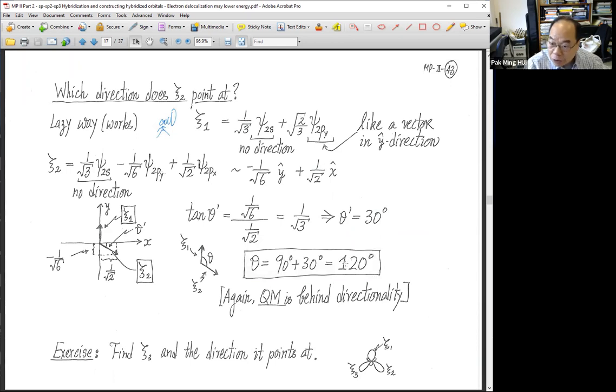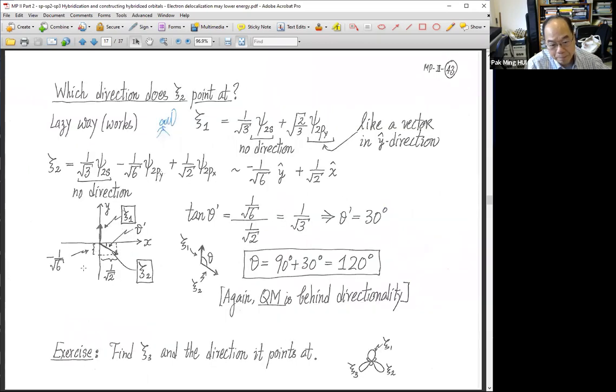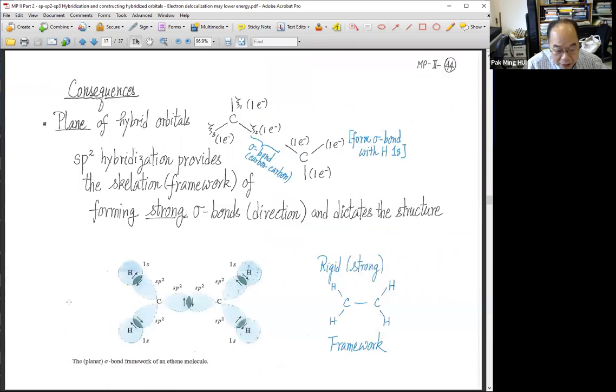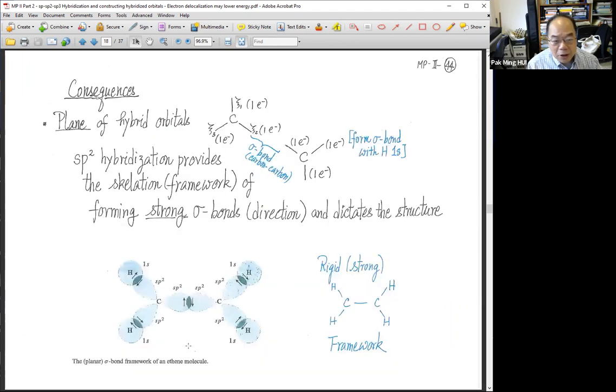So I will stop the discussion here. I will not work out the third one for you, but I encourage you to do it for yourself. So we have this. Now you can play with the trick. This must be orthogonal to C1 and C2, and itself it's normalized, okay? So I think that will be more than sufficient for you to fix all the coefficients. So I leave it as an exercise for you to do that, and then you can look at the angles again for yourself. So let's go back to our